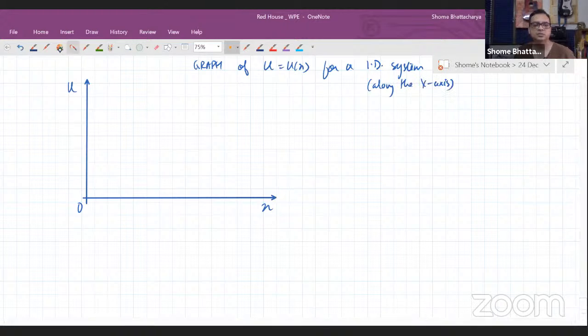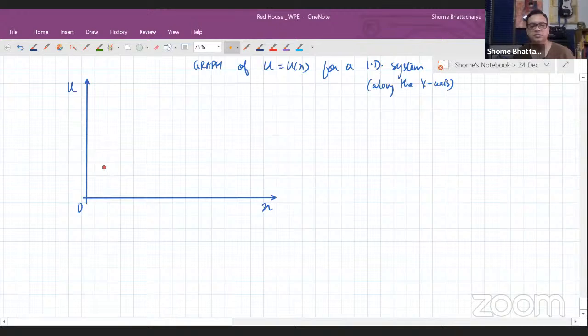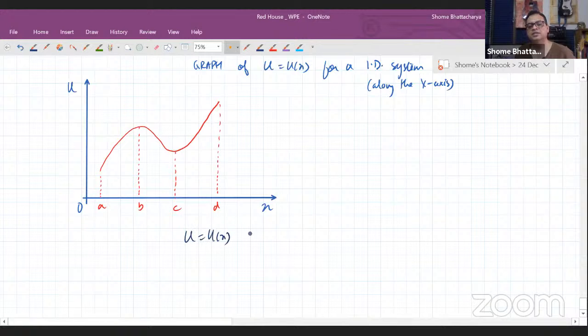Now we can see something very interesting here. So first of all, let me draw the graph. Supposing it's some kind of imaginary function which has this kind of behavior. So you can see that, let's say this coordinate is A, this coordinate is B, then this coordinate is C, and this coordinate is D. So the domain of the function that I've taken is A to D. Now it behaves such that